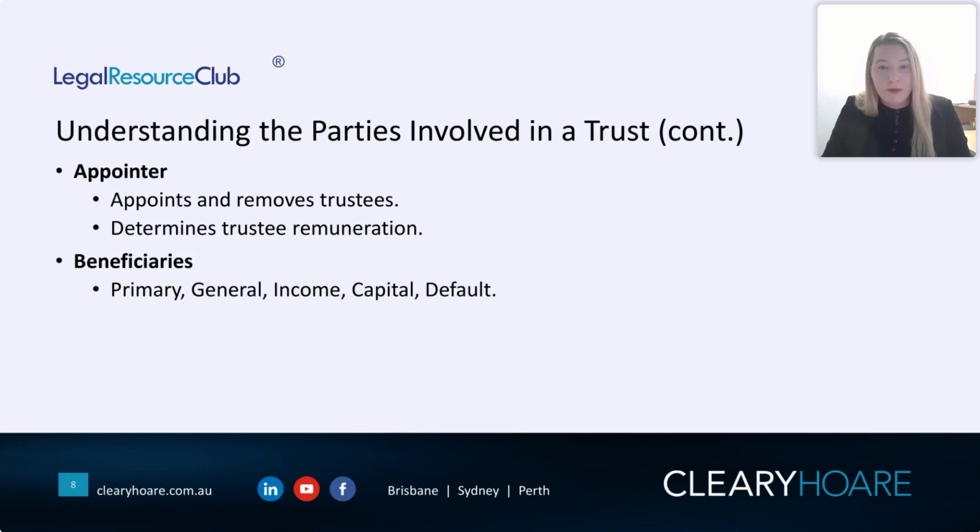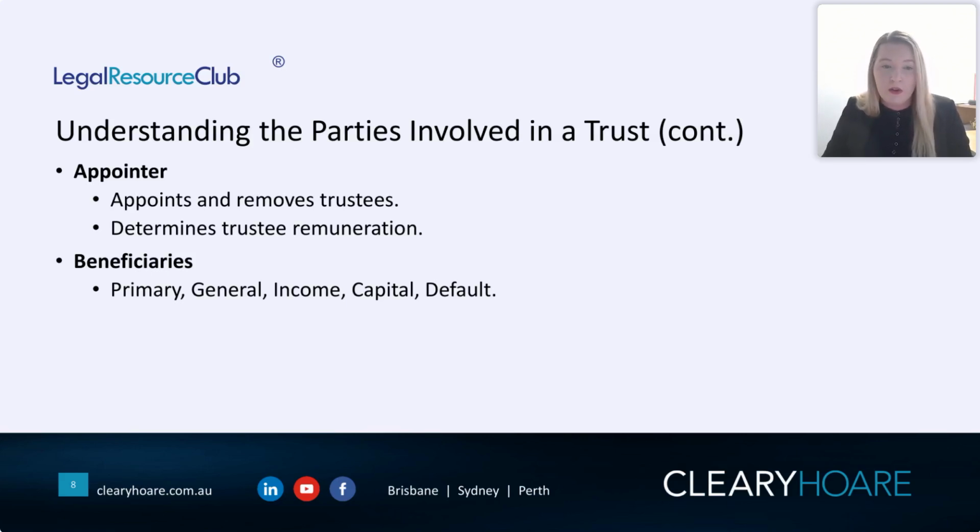You may not have that provision within the deed, in which case the income would just be accumulated, but of course the trustee would be assessed to that income at the top rate of tax. It will depend on what the client's objectives are in terms of whether you have default beneficiaries or not. If you are definitely wanting to make sure you avoid that penalty tax, if you will, that would be imposed on the trustee, you may look to have default beneficiaries. From our perspective,